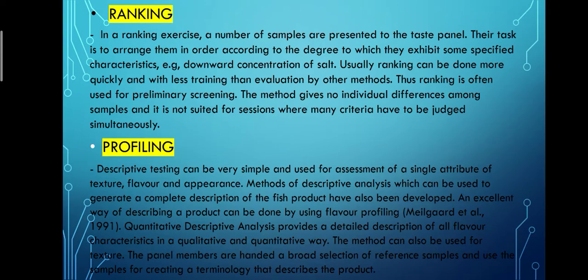We have the ranking. In a ranking exercise, a number of samples are presented to the taste panel. Their task is to arrange them in order according to the degree to which they exhibit some specified characteristic, for example, concentration of salt. Usually, ranking can be done more quickly and with less training than evaluation by other methods. Thus, ranking is often used for preliminary screening. The method gives no individual differences among samples and is not suited for sessions where many criteria have to be